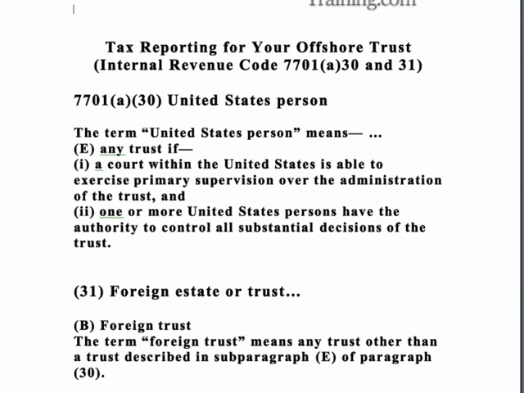Most trusts done by normal people, done by normal trust companies, are probably not domestic. But if you have a domestic trustee and you've submitted to the jurisdiction of one of the 50 states, and the assets are in the United States, you should be able to comfortably take a position